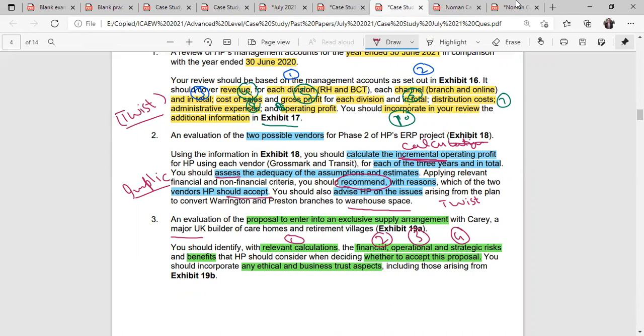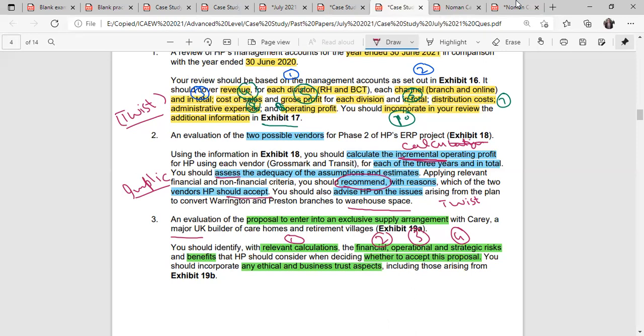It is quite possible you may go with 3 financial points, 2 for operational and 2 for strategic. That is fine. But if you mention 6 points for financial, 4 points for operational and no point for strategic, or just 1 point for strategic, this is something not fair. You should try to create a balance among all of your points. To some extent, 2, 3, 3, 3, 2, 2, that is fine. But mentioning 5 or 6 points for one area, leaving out other sub-requirements, is not good.